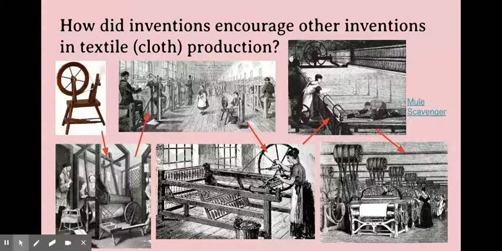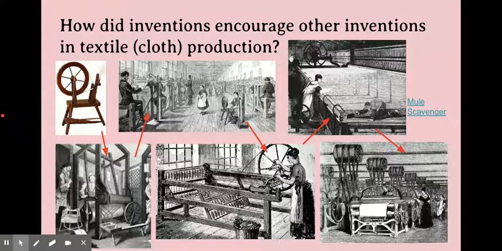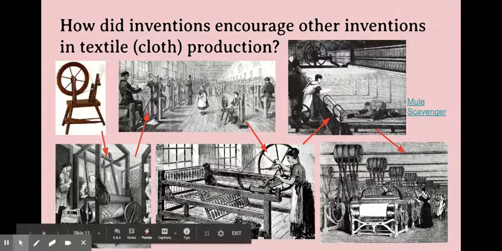The next question is, how did inventions encourage other inventions? And lots of students ask this, right? Why, when one thing is invented, does it seem like there's an avalanche of inventions to follow up? So this is one of those chains of events. The spinning wheel had been used for hundreds of years to make thread. But then in 1733, a machinist named John Kay created a faster way to do the weaving of the thread